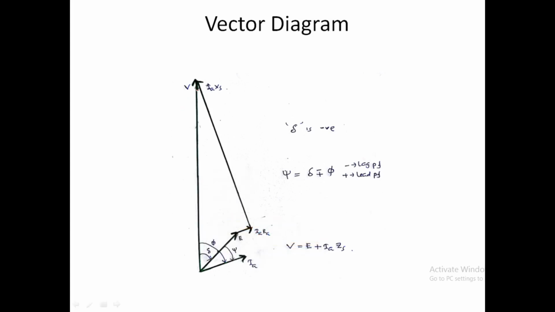So here the vector V will be drawn first. In case of a generator, we were drawing E here, then we were drawing V. So E here and V was drawn here. So it is just reverse. Here first we are drawing V and then we are drawing E. Why? Because in a motor first voltage is given, then EMF is developed. So that is the first point you have to note here. We are drawing first V, then E is developed.